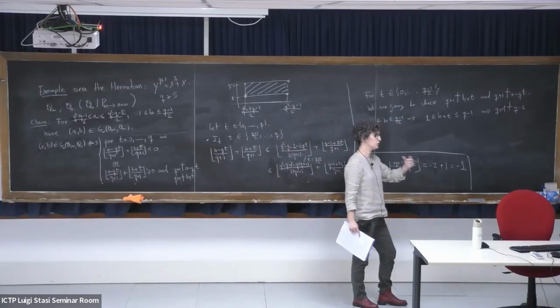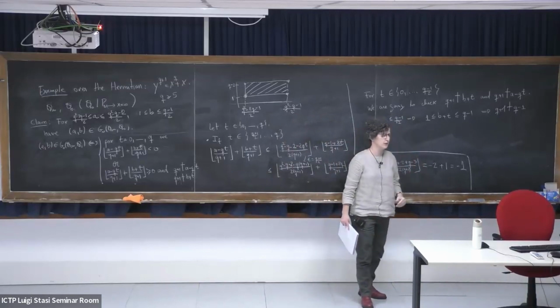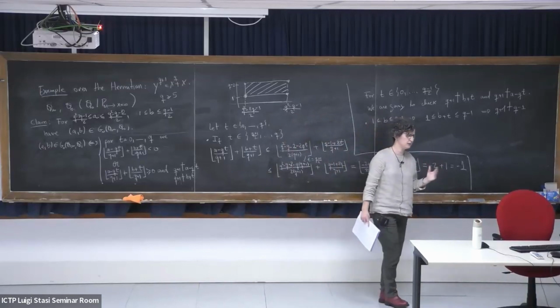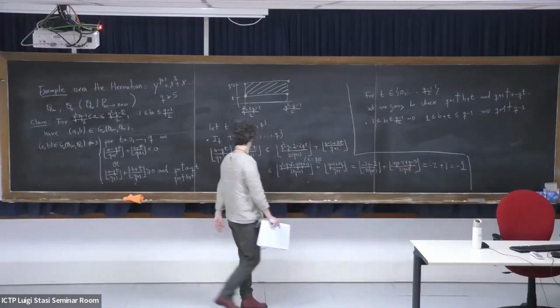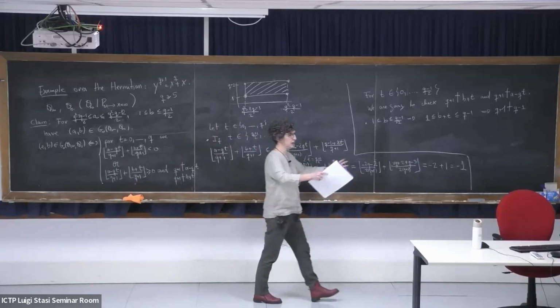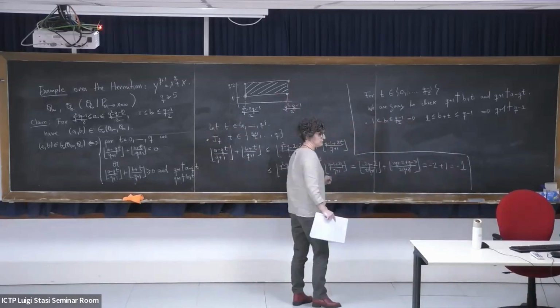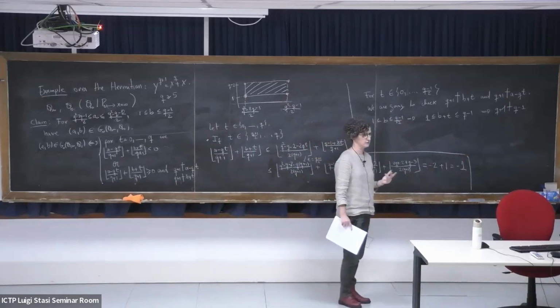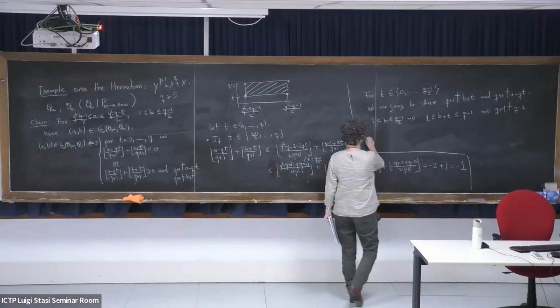So the problem is how to guess the pure gaps. Usually you need to do some tests with Magma, do some computations, because if I give you an algebraic curve and I ask you, give me a grid of pure gaps, that's not so easy. Okay? So we have this, and now if I take,